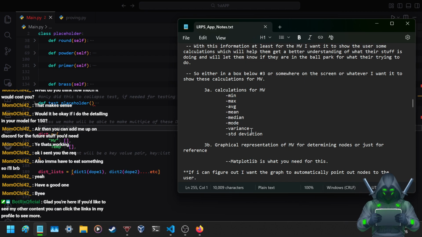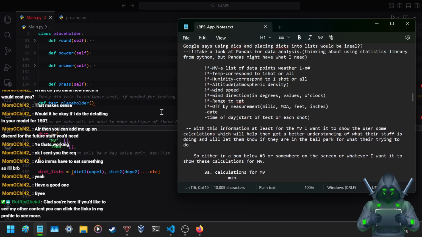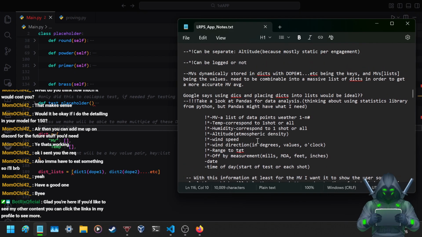We're going to be doing this, and like a lot of this stuff, keys and values, the lists, the values be combinable into a massive list of dicts in order to get a more accurate average. And take the list and be